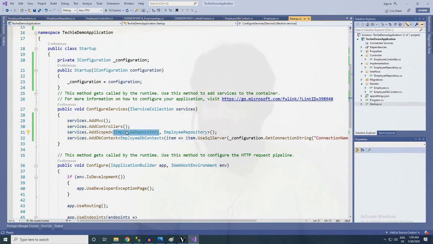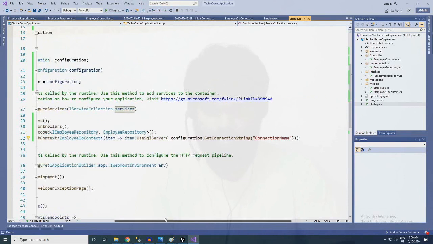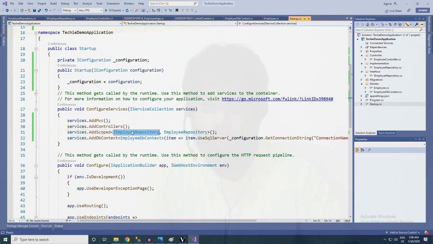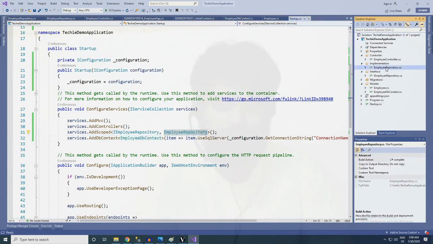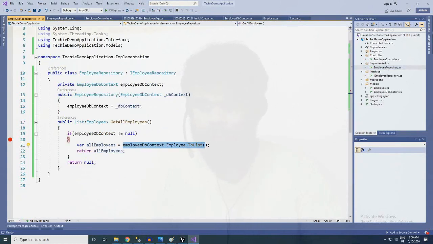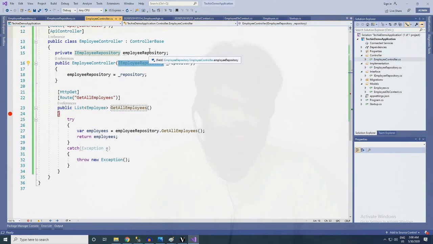We are assigning IEmployeeRepository to EmployeeRepository, and the same service will be holding the database instance also. So the IEmployeeRepository will be transferred to the controller, and the DB context will be transferred to this EmployeeRepository. That's how we got the DB context for the repository, and in the controller we get the IRepository. So let's try running this again.